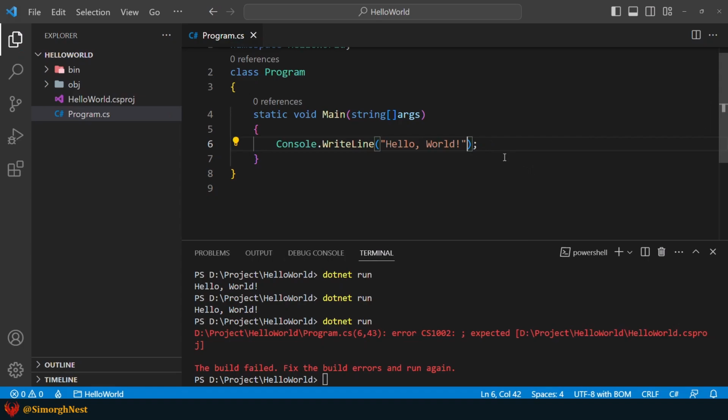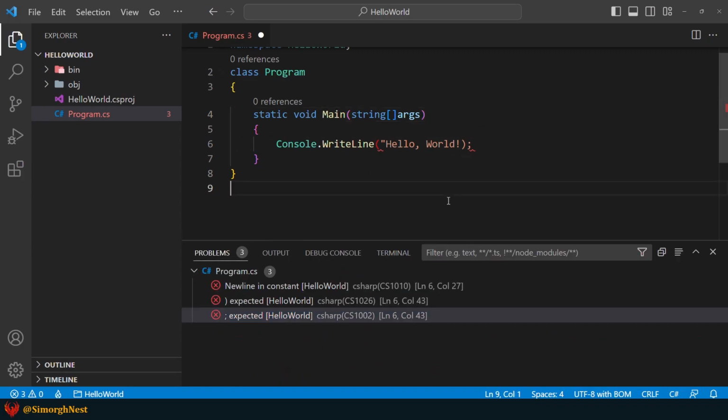Let's try something else and delete a double quote here. Now we get some different errors. In programming, we get a lot of these kinds of errors. It's pretty normal, and as a programmer, you have to try to fix each of them. Alright, as we told you in the syntax lecture, each programming language has its own syntax rules.